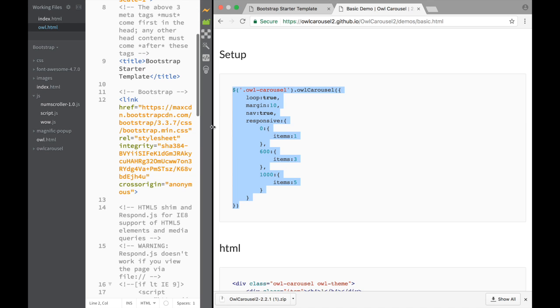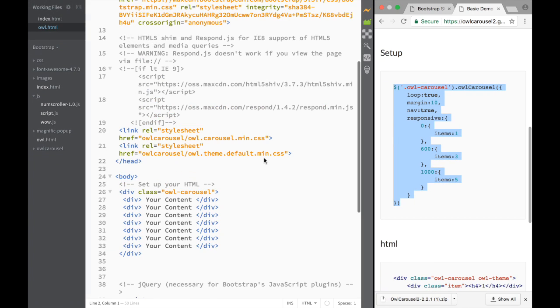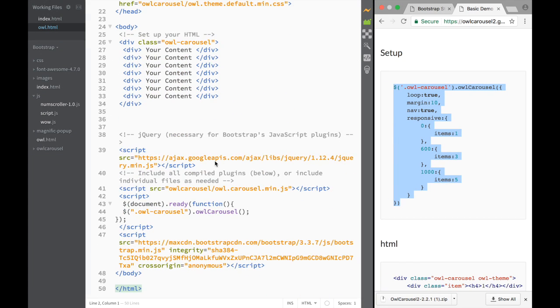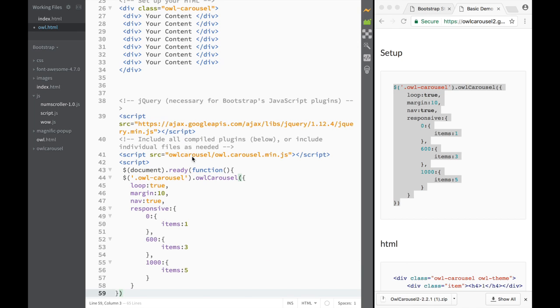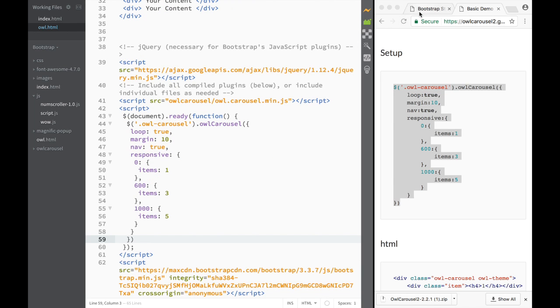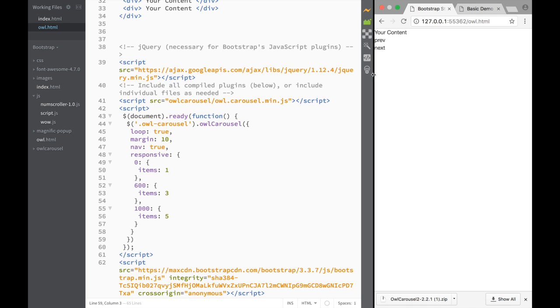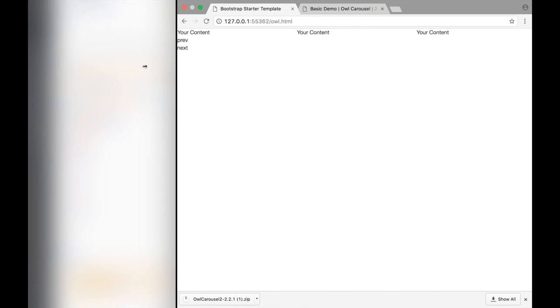We're just going to copy this one, and over here we're going to go back, and you can see this is going to be our script. So what we would need to do is get rid of this line over here where the semicolon ends, and we're just going to paste it over here. And again, we're just going to have to save it. And over here, if we go back and refresh,